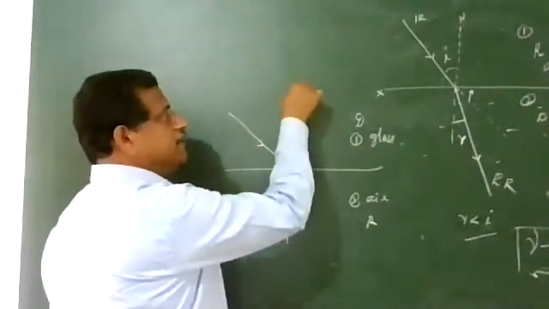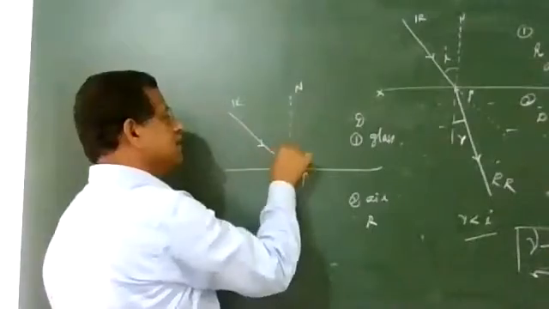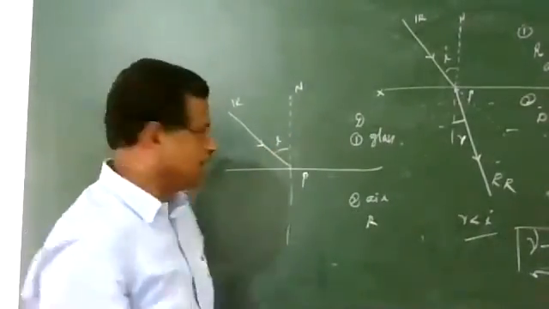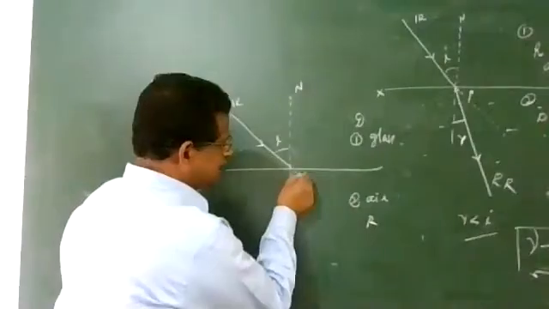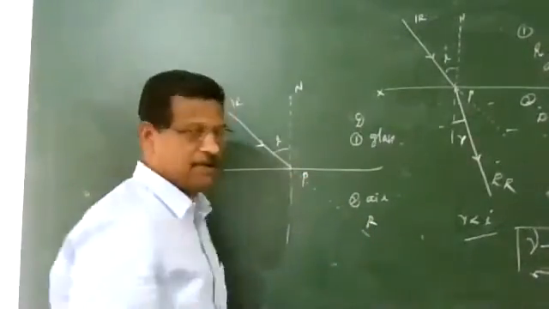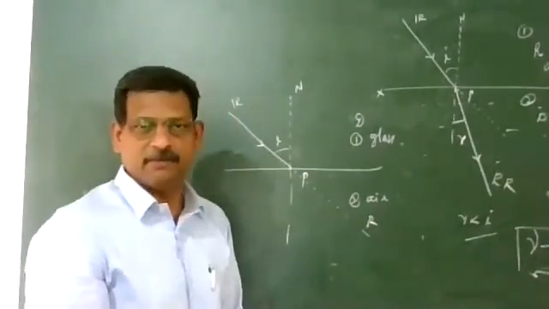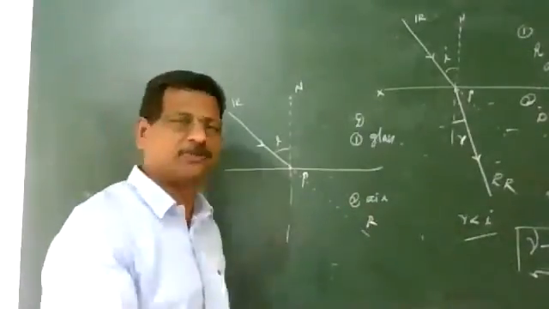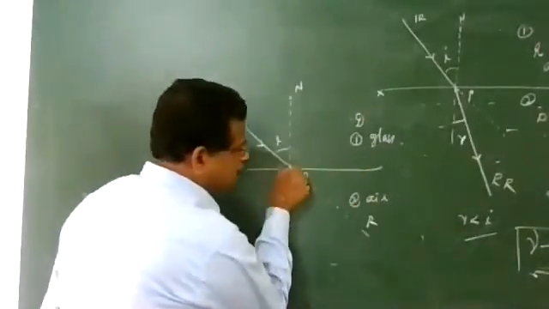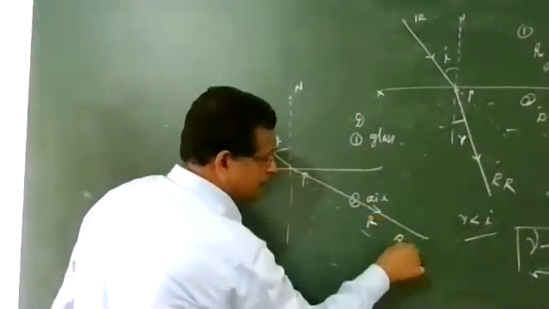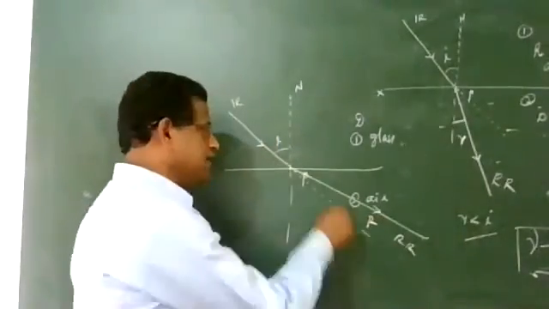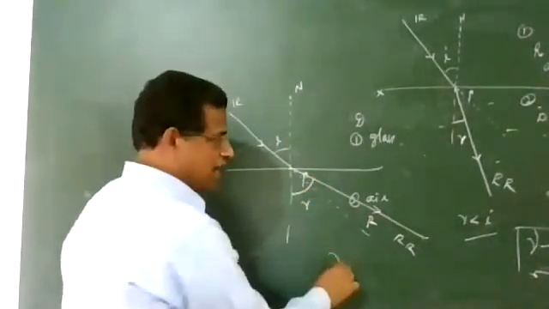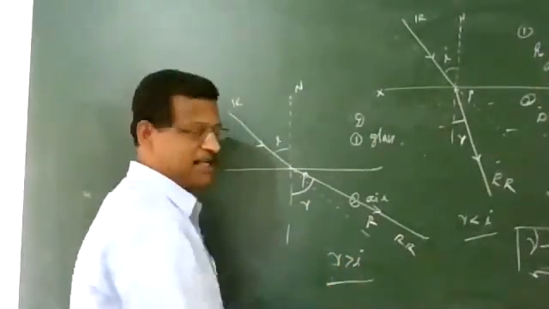So the angle between the normal and incident ray is marked as angle of incidence. And this is the initial direction. It cannot go along this way. It goes away from the normal. It is an air medium, so it is very free for the light to run faster and it goes this way. This is the refracted ray. The angle between the normal and the refracted ray is marked as R. So R is greater than I in this case.